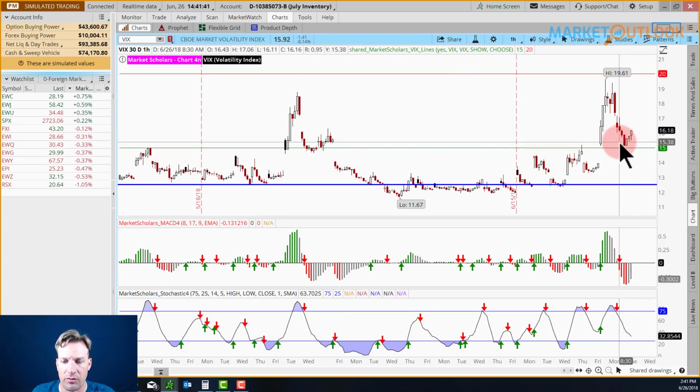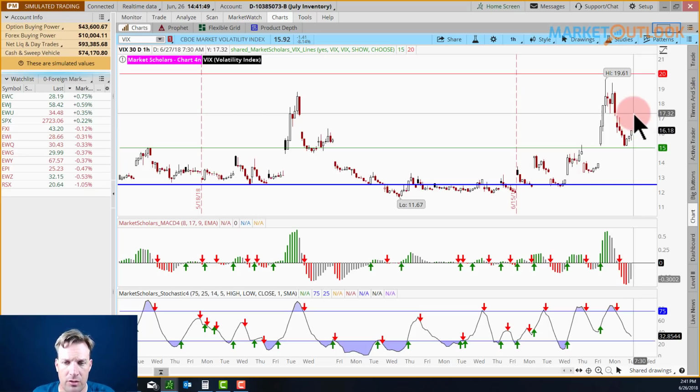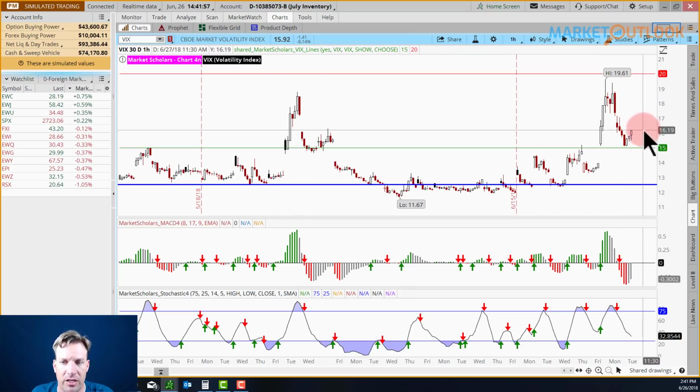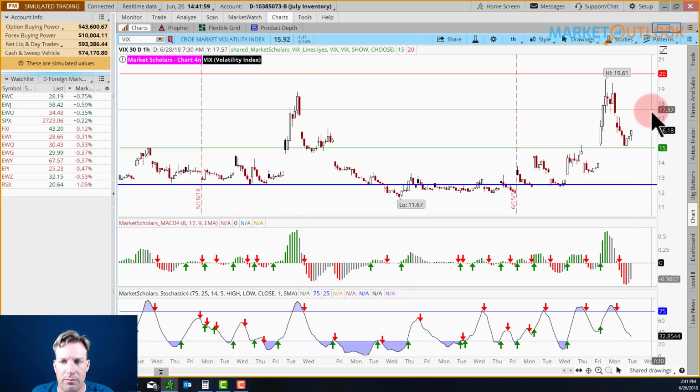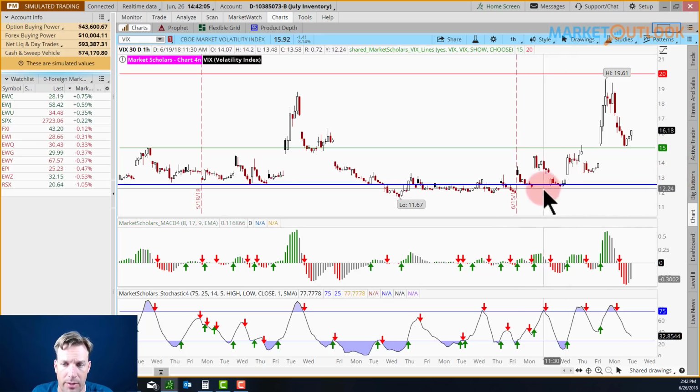Of course, if we roll over from here, in the short term, remember how I said that we might have another day or two of short-term weakness, trading around in today's range, maybe in the low end of yesterday's range, in that long lower shadow. That might mean volatility turns up a little bit and stays between 16, 17, maybe 17 and a half, forming a lower high point, and then trending lower and getting back below 15 into these levels again, where we'll start a new bullish intermediate run.